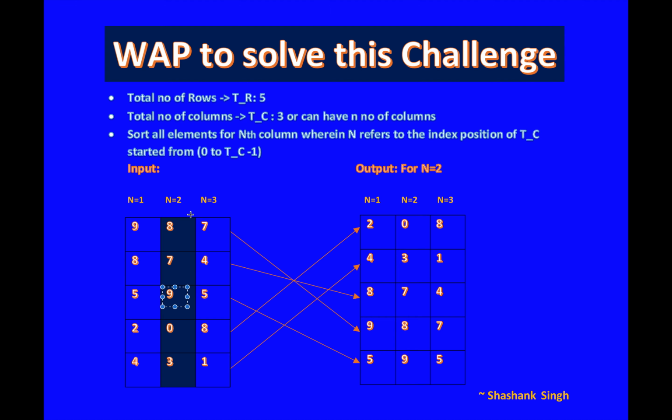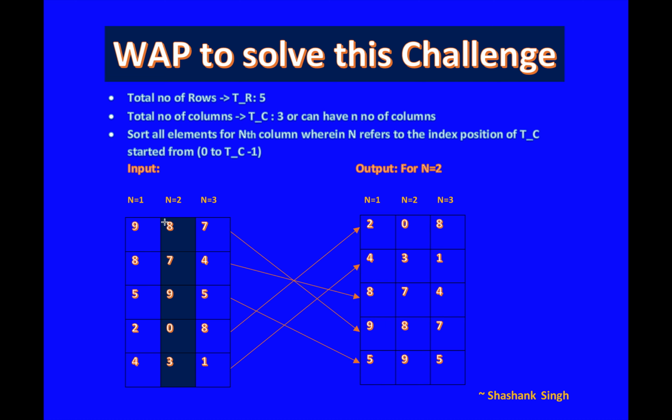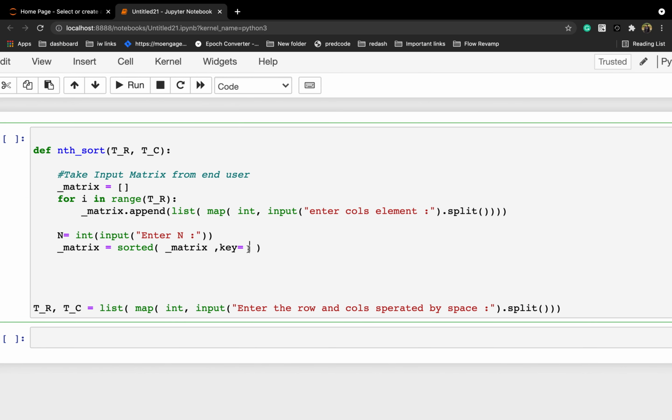Let's say for the second column, right? What we're going to do here is use a lambda function, which is basically an anonymous function. At the end of this video I'll explain, if you don't know what a lambda function is, like in map, which I have already explained, right? So for now you just write it and try to understand. Keys are the elements of the second column, so key is equal to lambda. Don't worry, I'll explain. Here you have to write lambda and le, which is basically the argument.